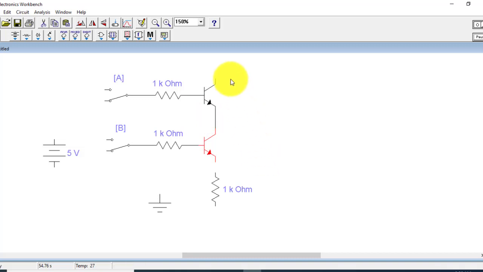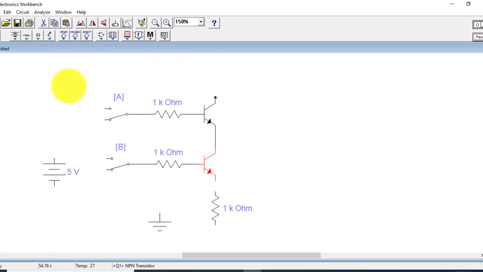Okay, so this is the point where we have to apply the VCC. So we have applied the positive voltage on this point, and at this point we shall connect the resistance.